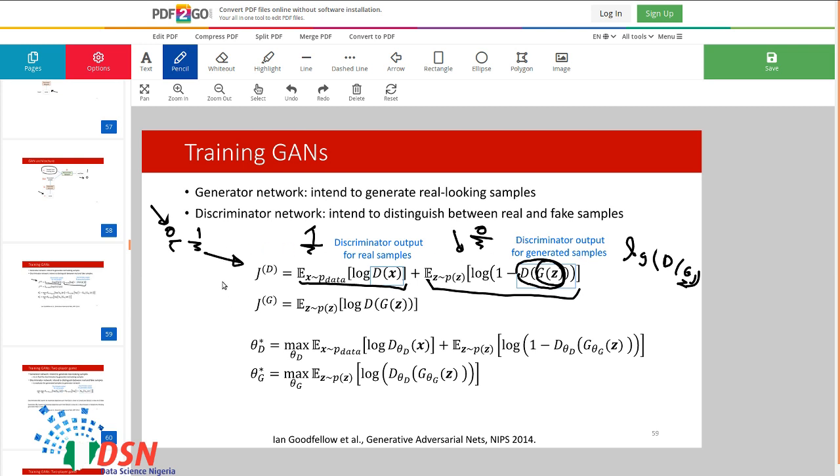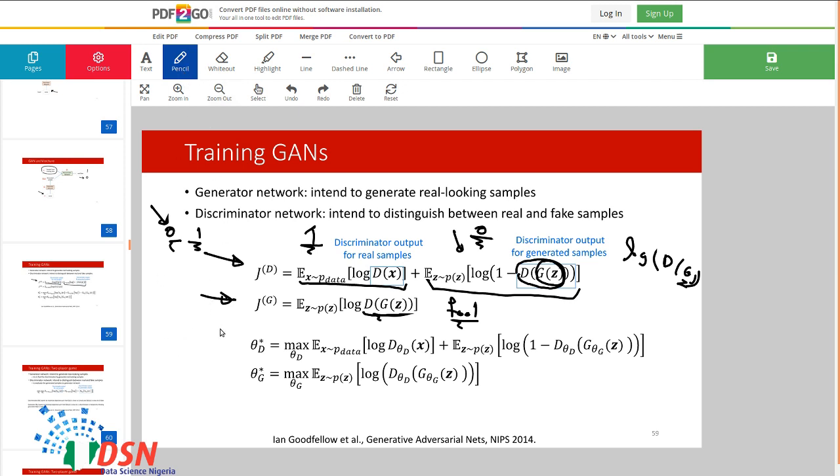For the generator we want to maximize this. In other words, the generator wants to maximize the output of the discriminator, in other words, the generator wants to fool the discriminator. So the generator wants to maximize this term, but the discriminator wants to minimize this. So this is a two-player game.